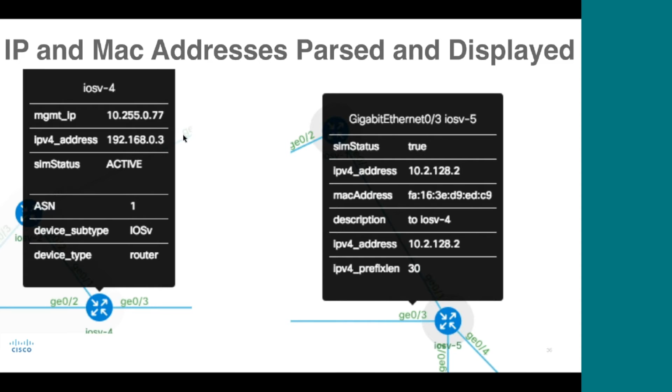And then we've also got the MAC address. So that's showing us that information from the network, and it's also giving us something we can use to reverse map. Now this has come directly from the show command. So if we change that IP address, we could run that again and get it updated. So you don't need to have used the Autonetkit IP addressing. We're collecting this information live from the network.